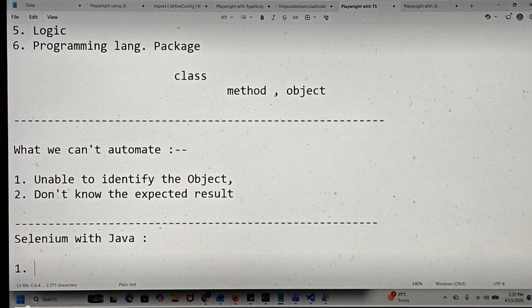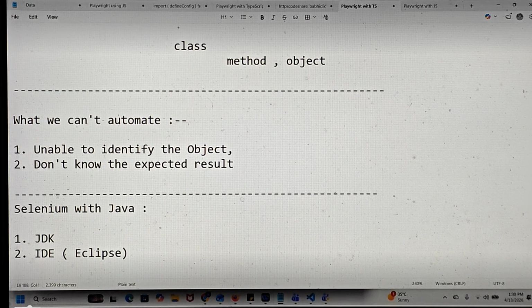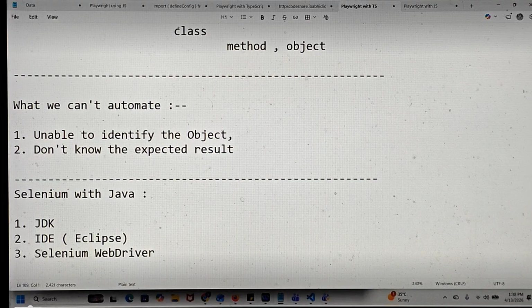If I am going with Java, first I require the JDK. Second, I require any IDE, which is basically where I'm going to execute my Selenium and Java code, or basically I should say the Java code. So Eclipse. Third, I require Selenium WebDriver. Fourth, I require